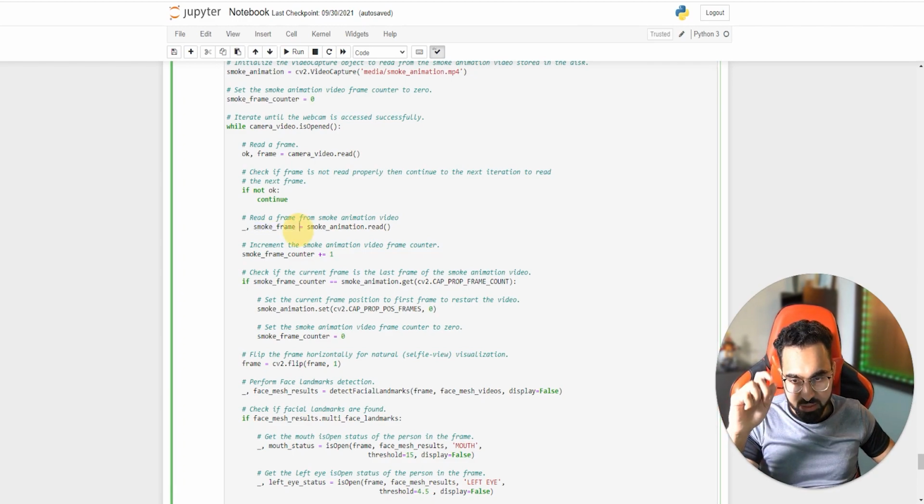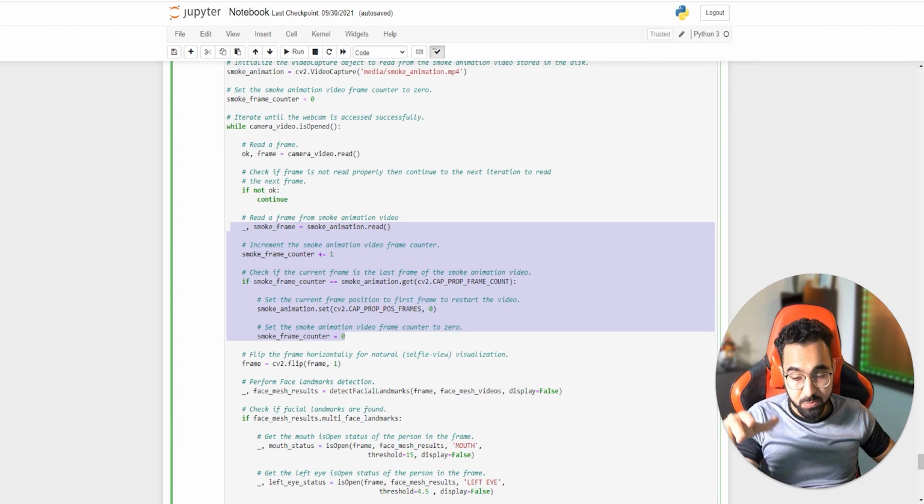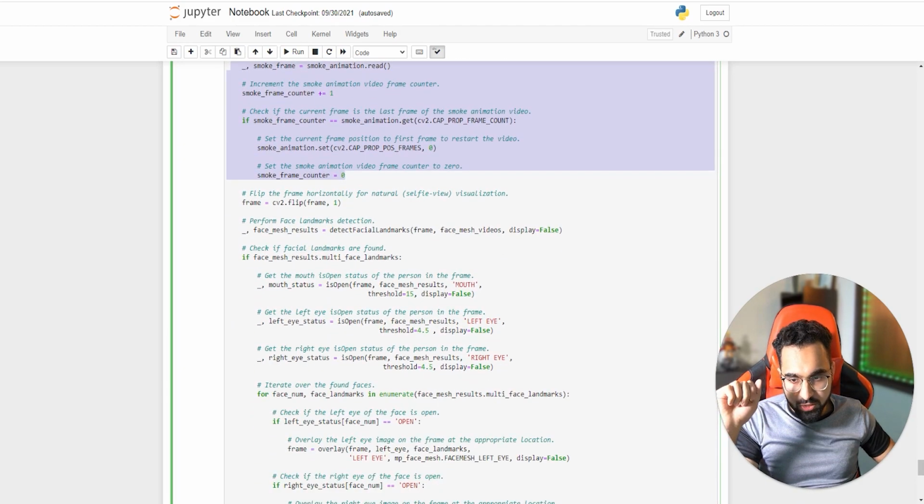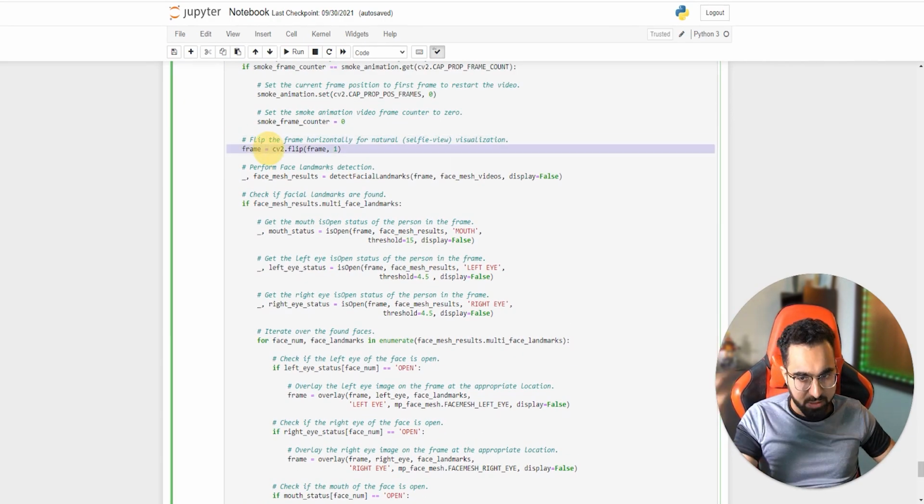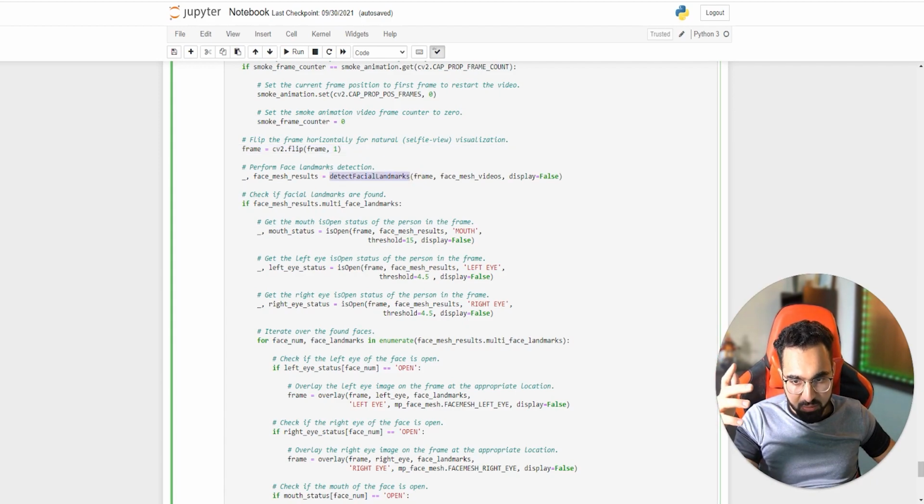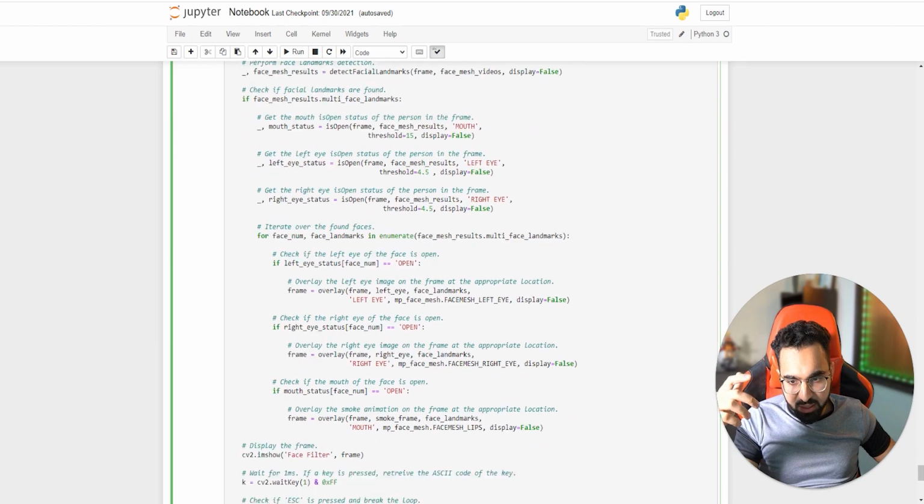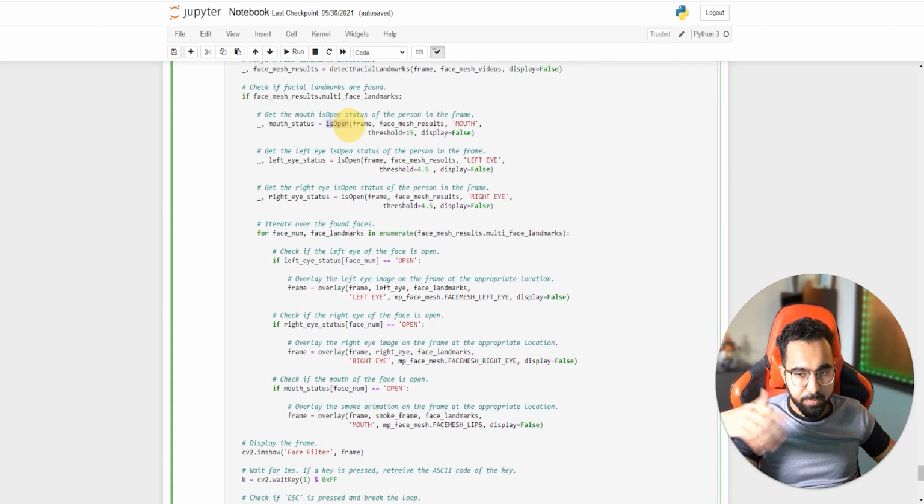I mean, anything that's new here is this, and itself is pretty simple. So now you're all set, and I think it's pretty much the same from here on. So we're flipping the frame laterally. I'm calling the detect landmarks function. It's giving me the facial mesh results, and then I'm calling the isOpen function to determine if the mouth is open or not. Similarly, I'm gonna determine if the left eye is open or not, the right eye is open or not,